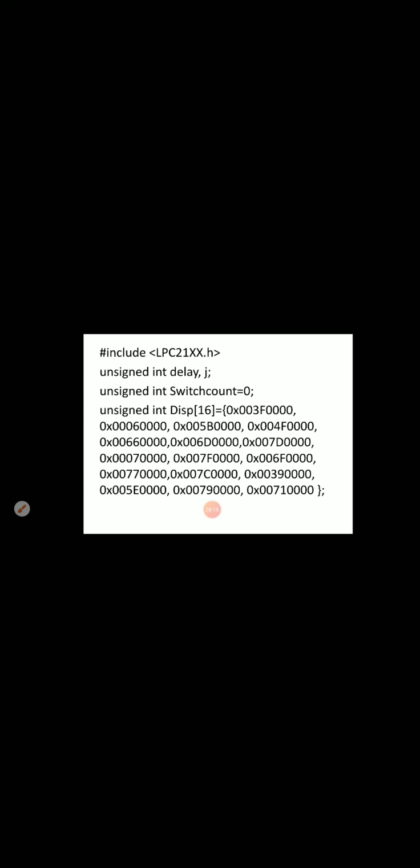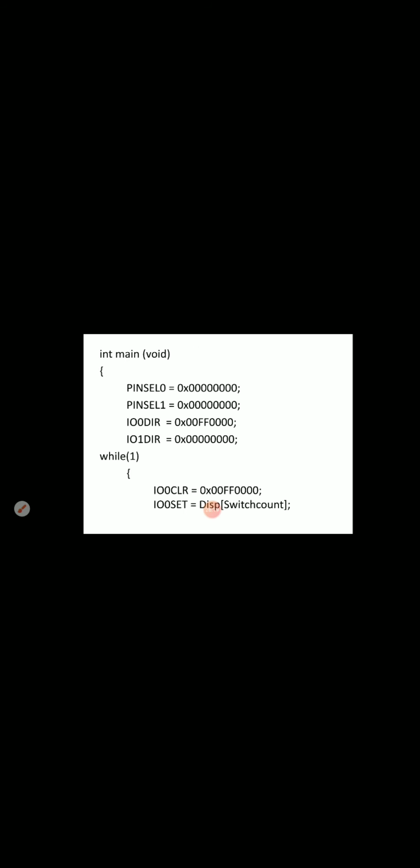So that means we are going to check the character display for 0 to f, a total of 16 characters. That's why we check whether switch count is equal to 16. Initially, the switch count value is 0, as you can see here. After the first execution of this for loop, the switch count value is going to be 1, and it is checking if switch count is equal to 16.